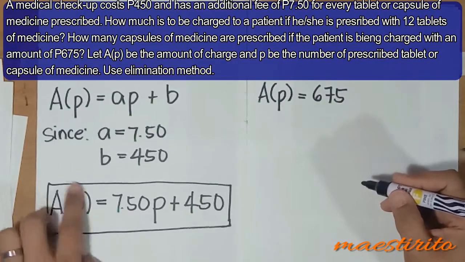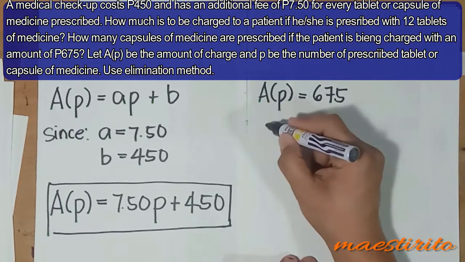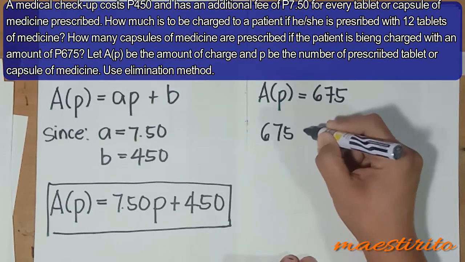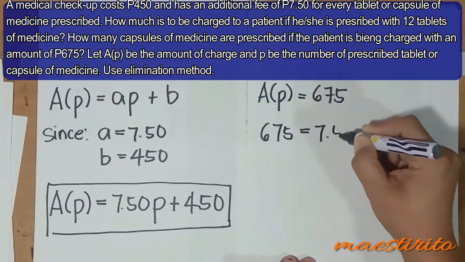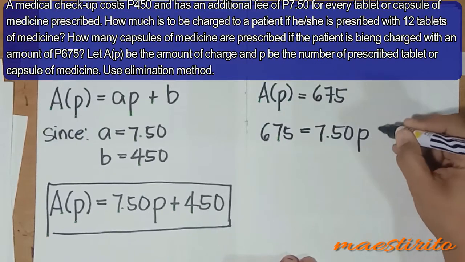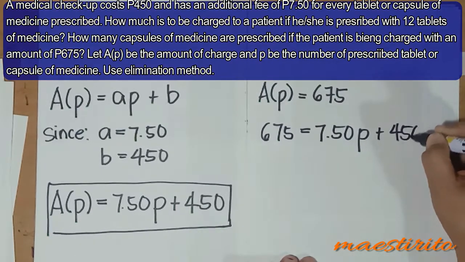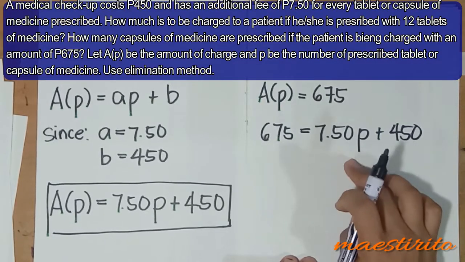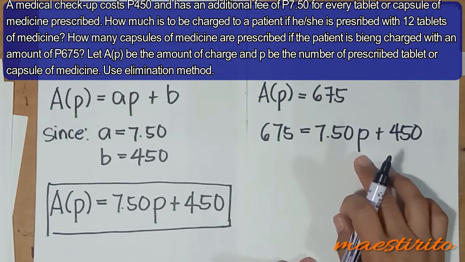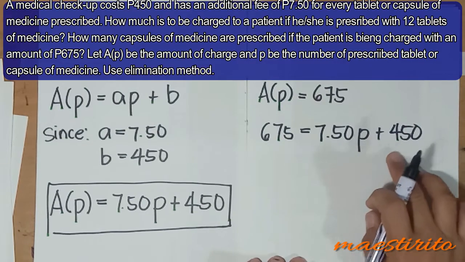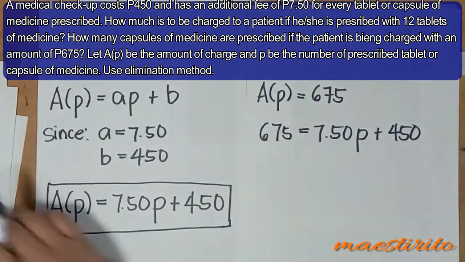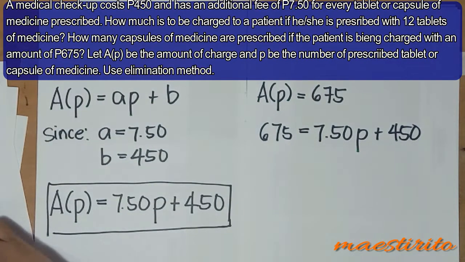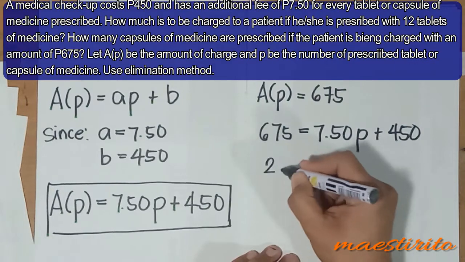So C(P) will be substituted with 675 equals 7.50 P plus 450, because it is the P that we are looking for this time, which refers to the number of capsules or tablets prescribed. By transposing 450 to the other side, that means 675 minus 450, that will give us 225